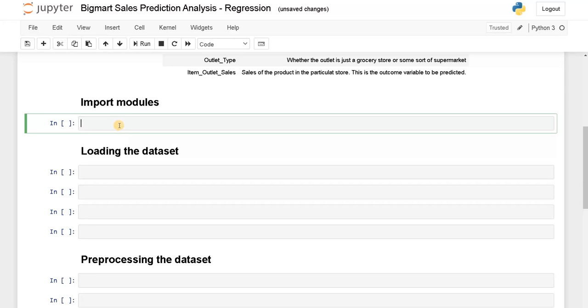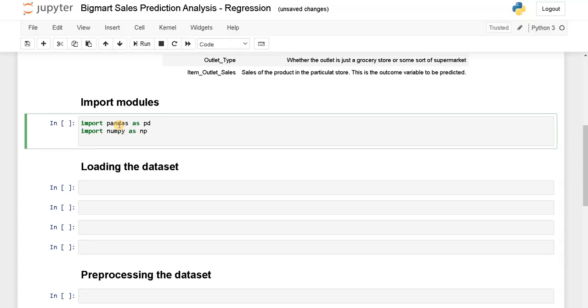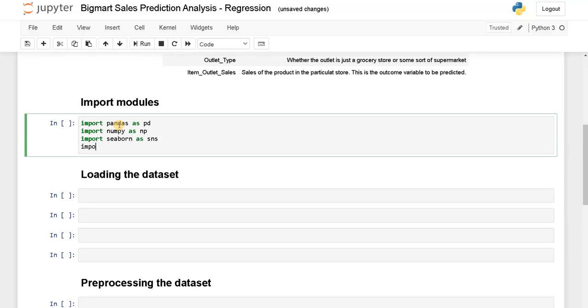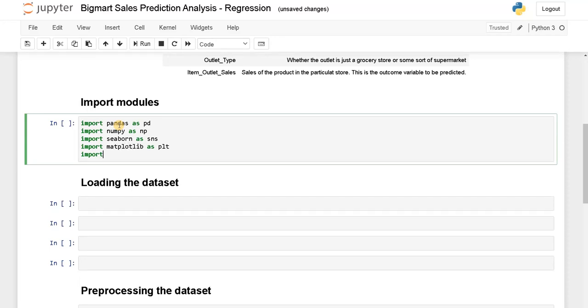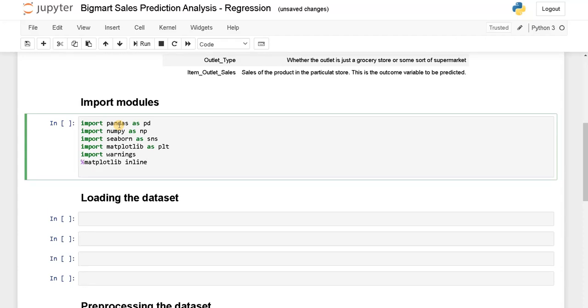Now let's import the modules. Import pandas as pd, import numpy as np, import seaborn as sns, import matplotlib as plt, import warnings, and matplotlib inline. To visualize the graph instantly, we are using this inline function. Finally, we need to set a parameter for warnings: warnings.filterwarnings